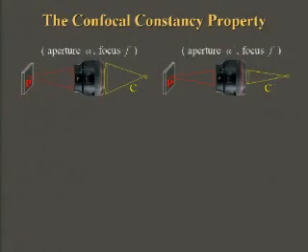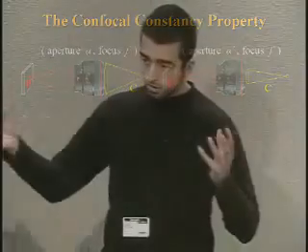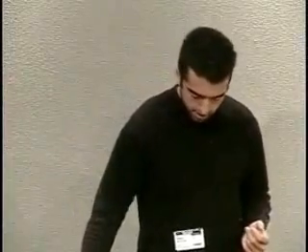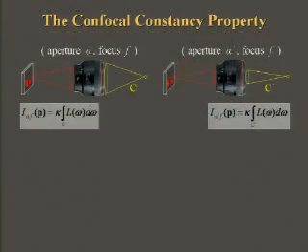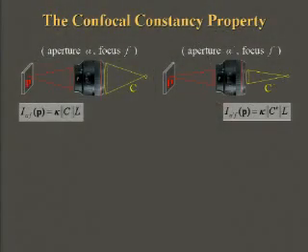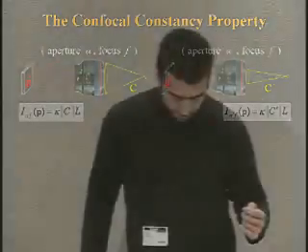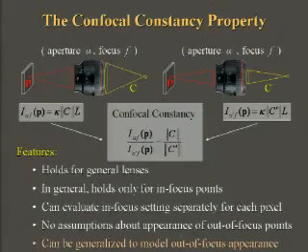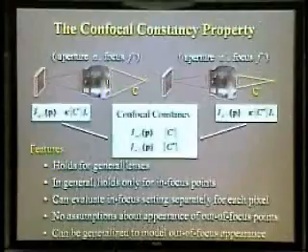At the very heart of our approach is this simple observation that relates the appearance of a scene point over two different aperture settings. In general, the pixel intensity at a point's projection is proportional to the integral of the outgoing radiance at that point and the cone of the rays that reach that pixel. But when the radiance is approximately constant within this cone, the pixel intensity is just proportional to 1, the cone's total solid angle, and 2, the point's average radiance. So in this case, the ratio of intensities for the same pixel at two different aperture settings becomes a scene-independent constant that depends only on the lens itself. We call this the Confocal Constancy relation.